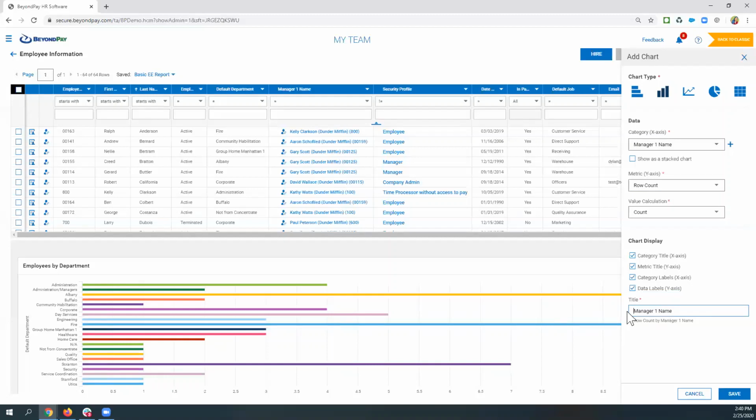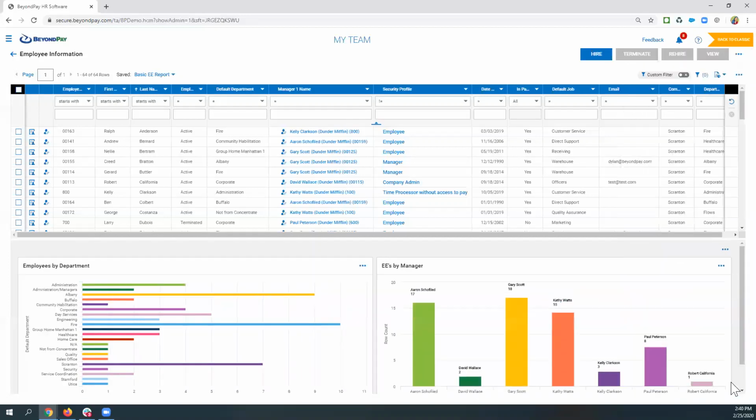So I'll just do employees by manager. And then I'll go ahead and save that. And when I save it, the chart immediately appears. So from here, now I'm just going to look at it. I can hover over it and see what this is. So this is telling me that